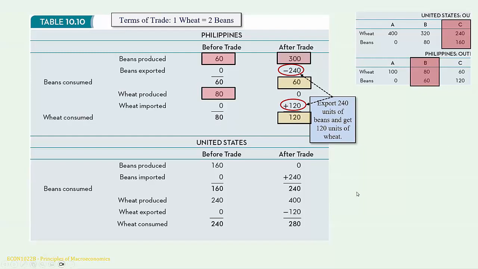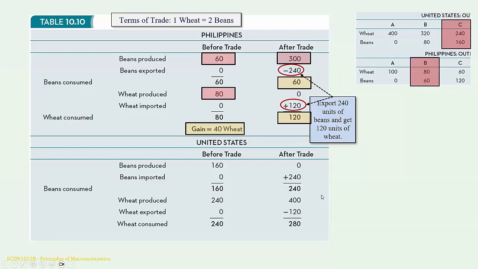Now, if we look at the United States, before trade, they're not going to have any beans, right? But they're going to import 240 million units of beans. So this is their gains from trade, right? They would definitely be gaining, the 240 is much larger than the 160, right? Again, on their own, if they didn't trade, they'd only have 160 million bushels of beans, but now they would